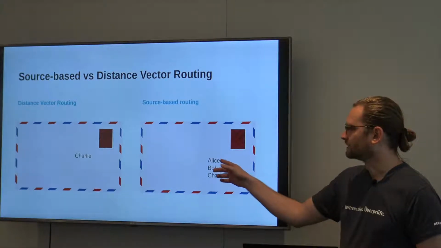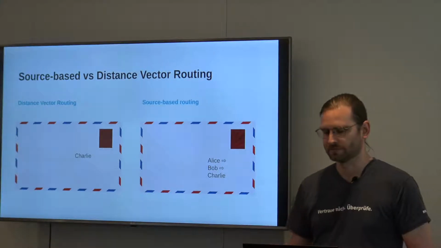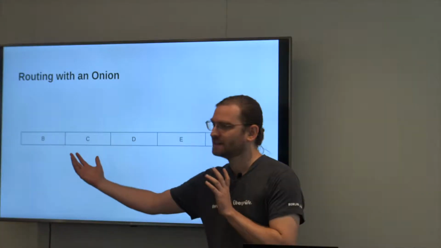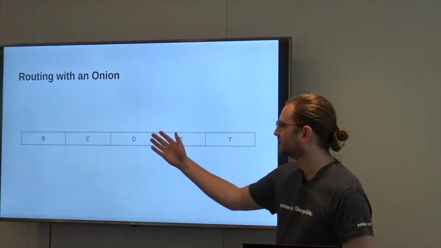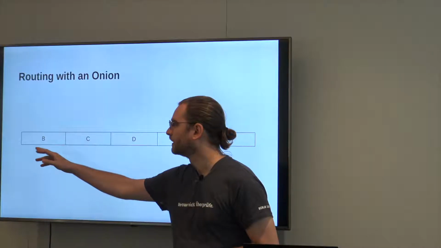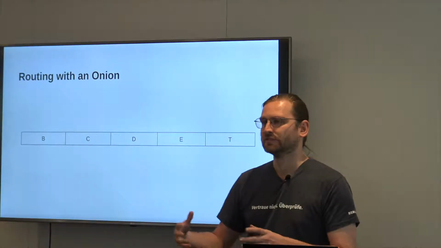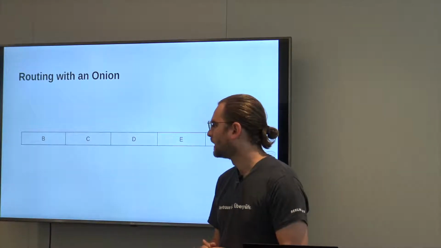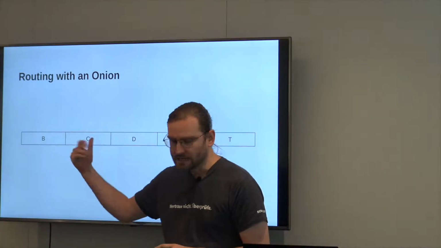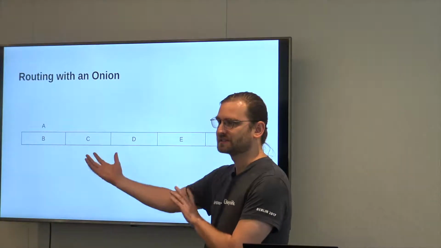So obviously here we have this list of hops that we'd like to go through. And for the remainder of the talk, I will basically represent this as a list of individual hops that will be attached to our HTLCs and will be forwarded. So this is basically the onion as it looks for user A, and user A receives this list of